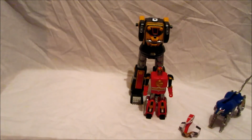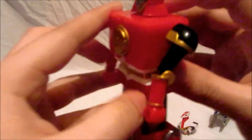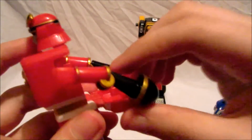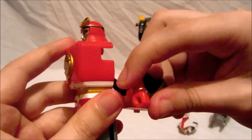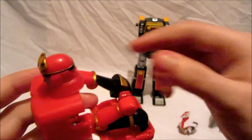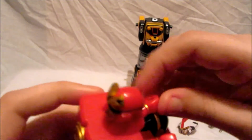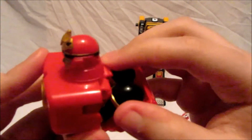Now we're going to prepare the fist. Apezord usually comes in next, running in. So what we're going to do is fold his arms back. So this is the cool thing now. You want to make sure this is right. So you want to fold at the arms and then fold them and make sure that they're up like this. So if they're like this, you'll be able to...